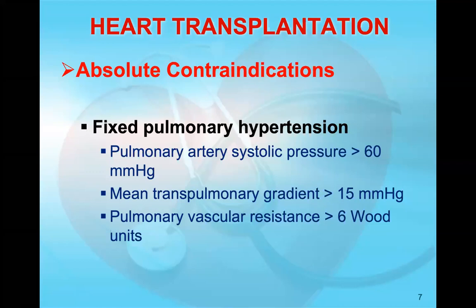However, when they have irreversible pulmonary hypertension, despite whatever we do in conditions 1, 2, and 3 in the right heart cath, with persistently high TPG, which is the mean transpulmonary gradient, high pulmonary resistance PVR, and high PA pressure, this is a patient with fixed pulmonary hypertension. And if you put Superman's heart in him, the lungs will definitely kill this new heart, or at least the right ventricle.